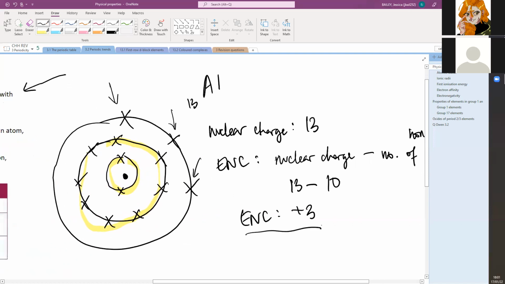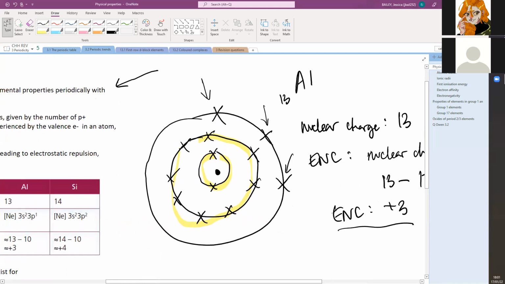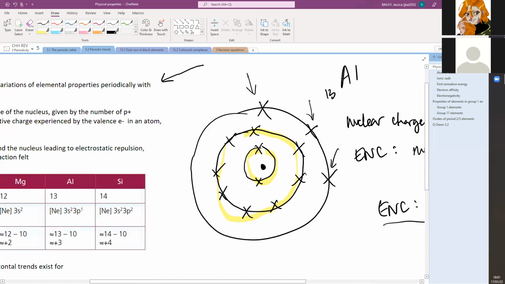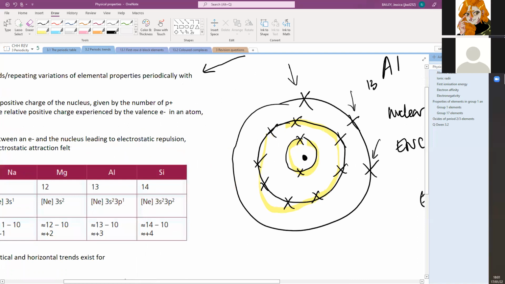And yeah, that helps for comparisons between atoms. Like if you want to say one has a stronger force of attraction than the other, you usually refer to effective nuclear charge to explain that. And yeah, shielding, exactly what it sounds like. It's